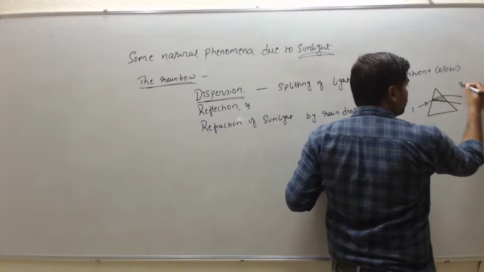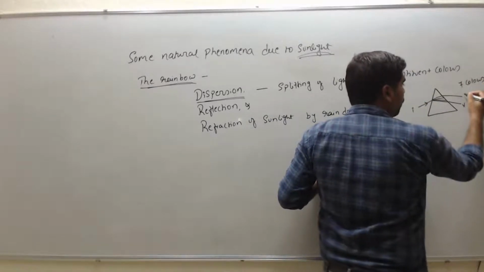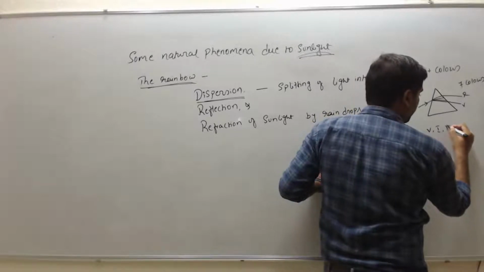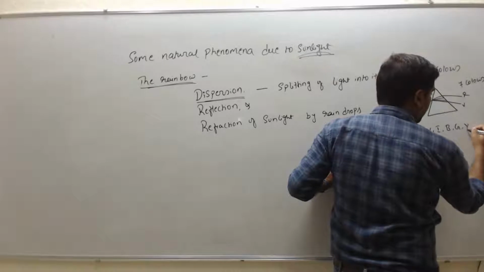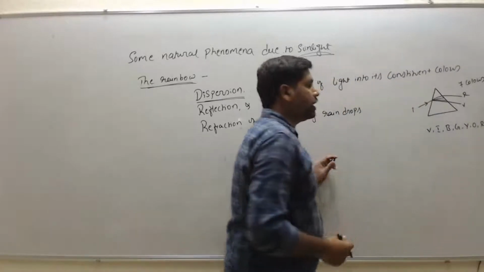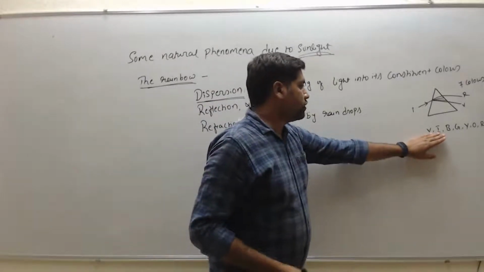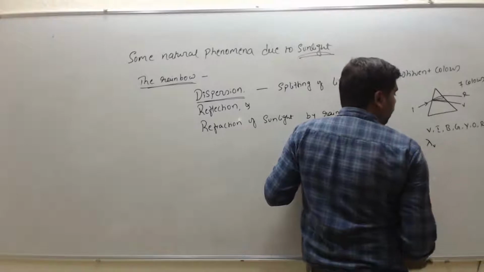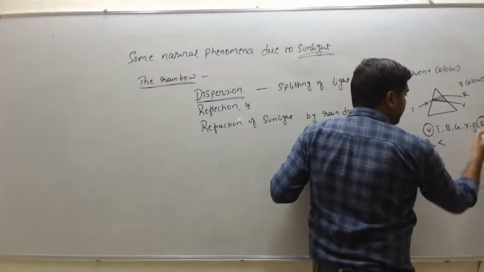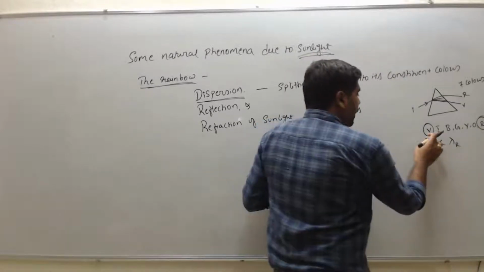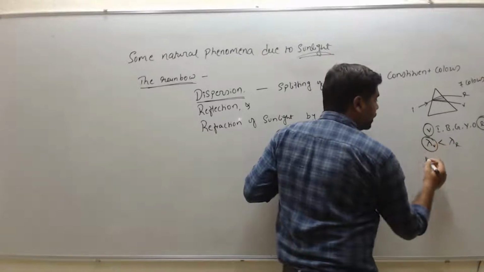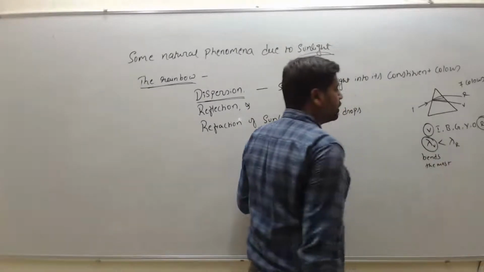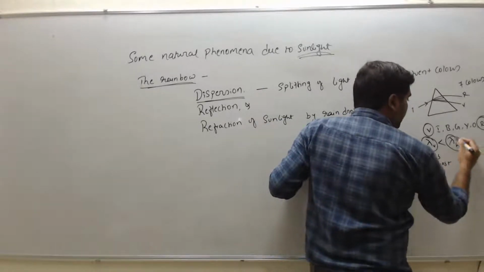The white light splits into 7 colors, from violet to red. Those are violet, indigo, blue, green, yellow, orange and red. Here the wavelength of the violet light is less than the wavelength of the red light. That's why the violet light bends the most after refraction, and the red light bends